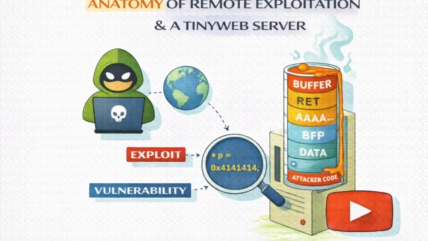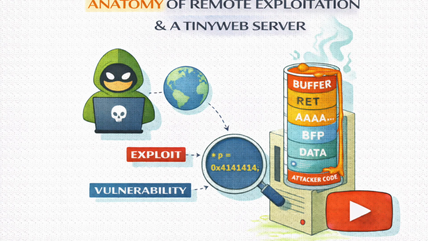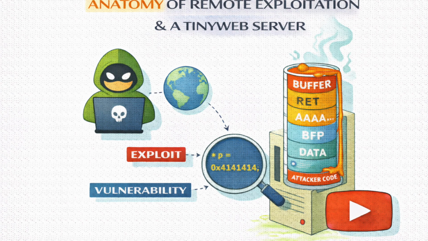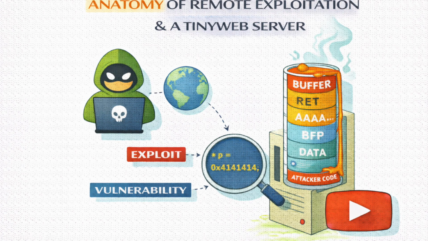Now, the source material gets very technical here about how this works. It mentions some cryptic bash commands with dev/tcp and file descriptors. Can we decode that? It looks like algebra gone wrong. It's actually quite elegant once you see it. In Unix and Linux systems, there's a philosophy. Everything is a file. Your hard drive is a file, your keyboard is a file. And your network connections are treated as files. So talking to a network is just like writing to a file.